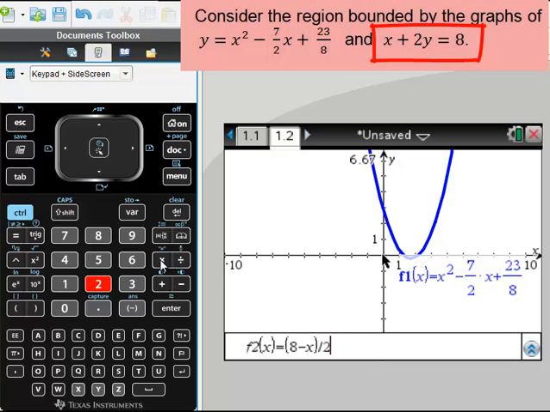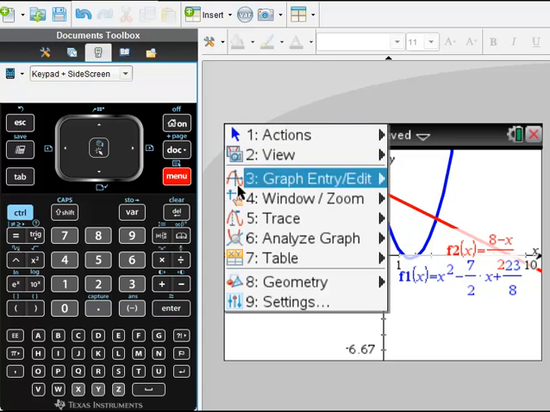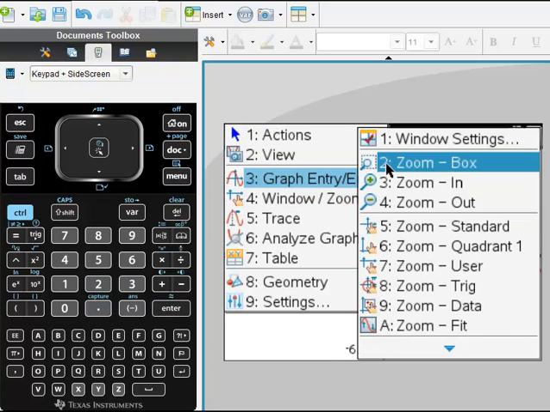Should be a straight line. Okay, we have that. Now, the bounded region is right here in sight already. Let's just make this graph look nice, and I like to bring the region front and center, enlarge it as much as I can. And so I think I'll go here to the menu, window zooming, and maybe a zoom